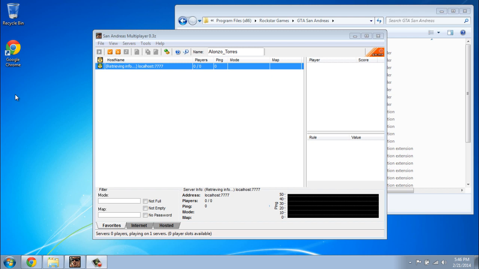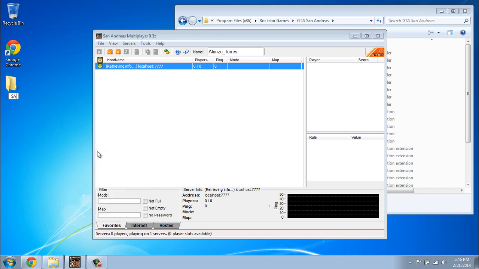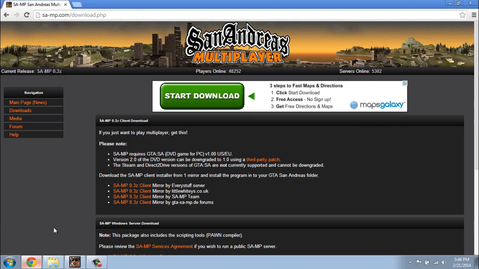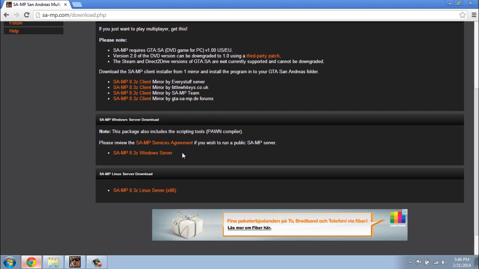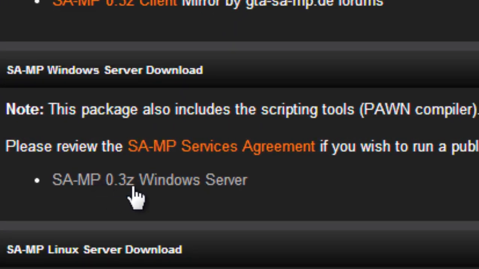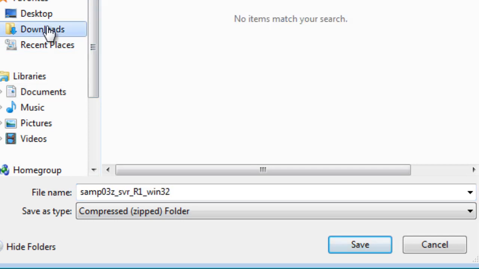So the first thing I'm going to do is create a folder on the desktop which we're going to store our server in. I'm just going to right click, new folder, and name this one SA-MP tutorial. We're then going to head over to the website again at sa-mp.com/download and download the Windows server. I'm going to cover the Linux part later on. As long as you have read and reviewed the SA-MP service agreement, all you have to do is click on this link here. We're going to download it in the downloads folder,